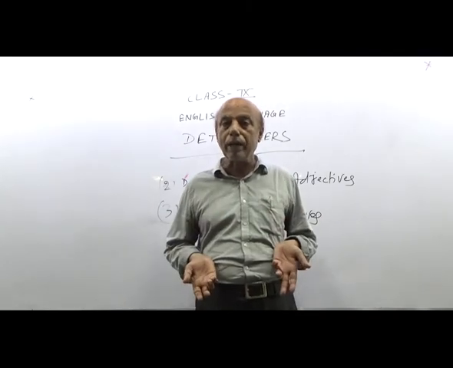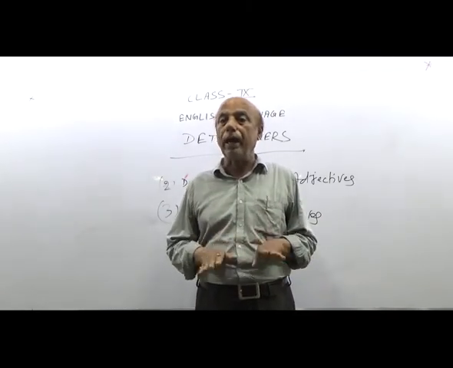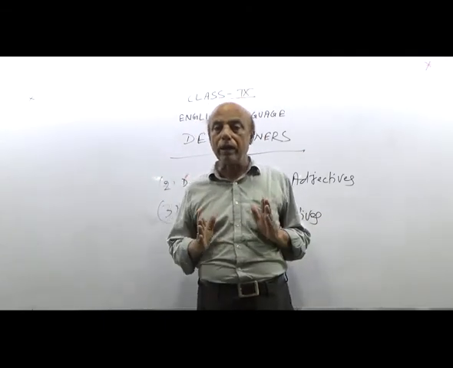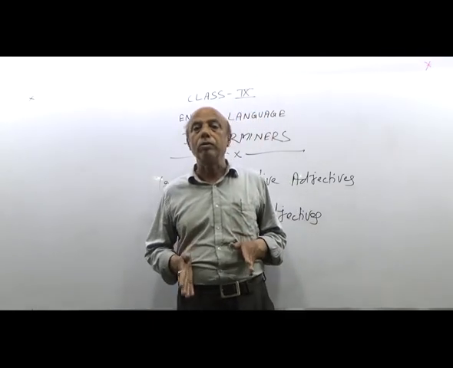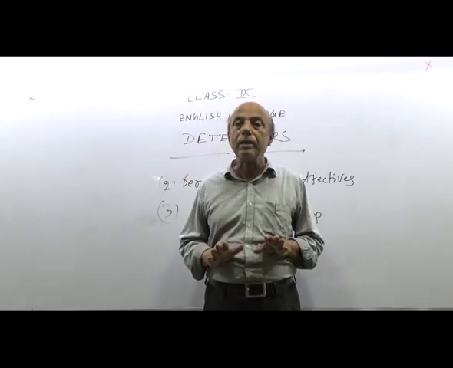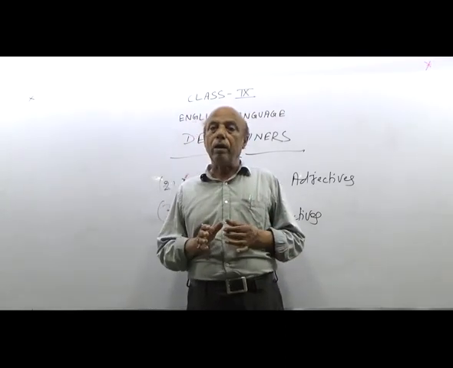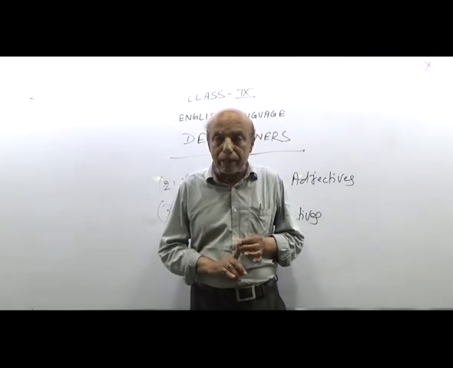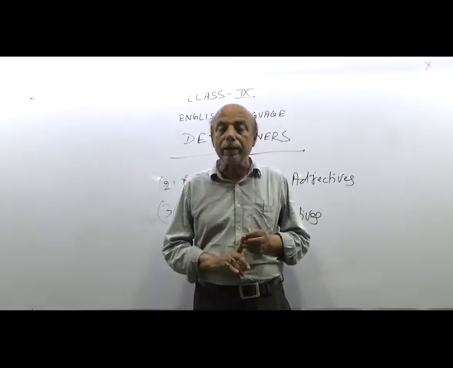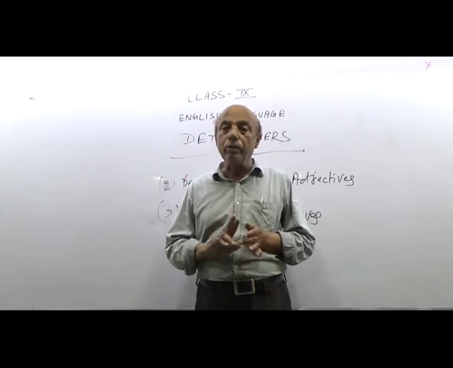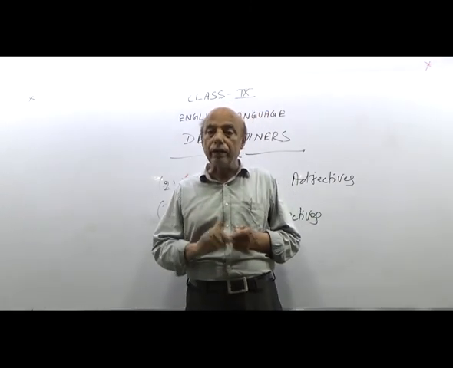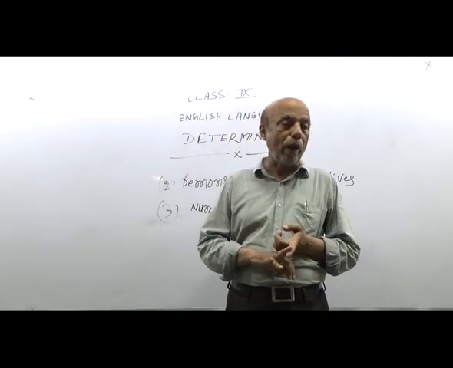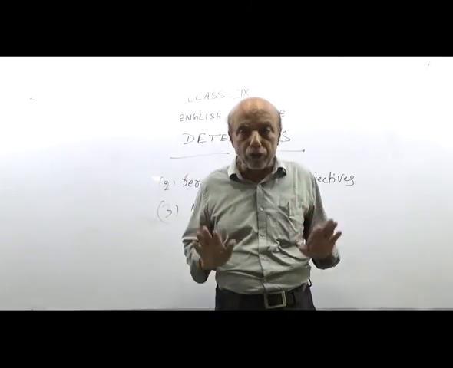Again, I am going to summarize it, and thereafter I will make an end of my teaching of determiners. I have already told you determiners modify nouns. There are 5 kinds of determiners. These are articles, demonstrative determiners, that is called demonstrative adjective, numerals. Numerals have been divided into 3 parts: definite, indefinite, and distributive, and after it quantitative, after quantitative, positive.